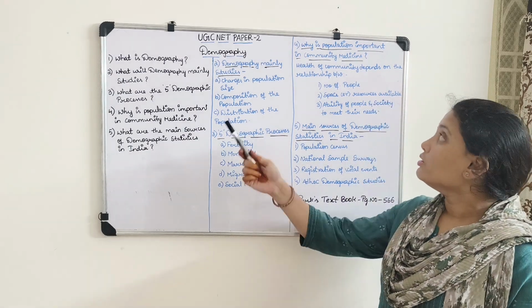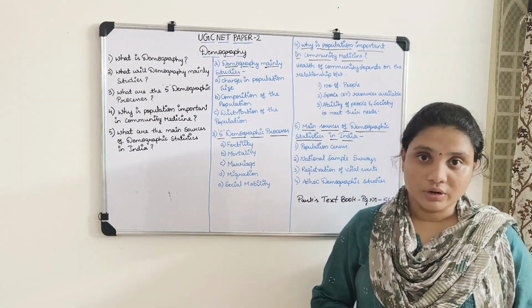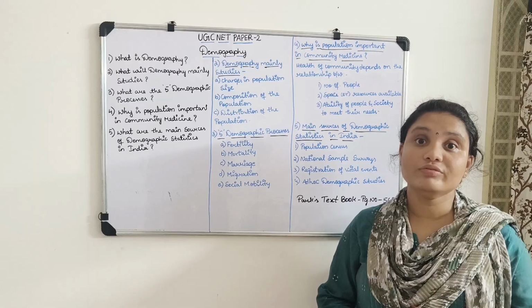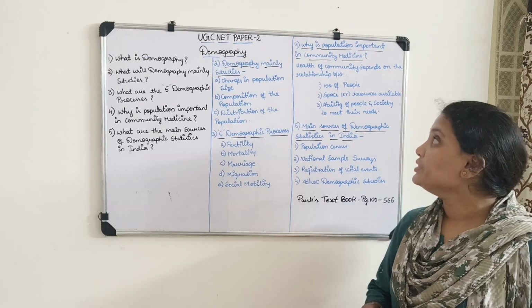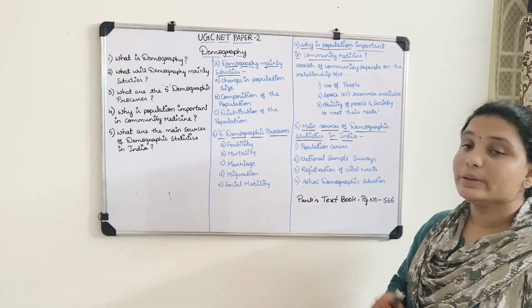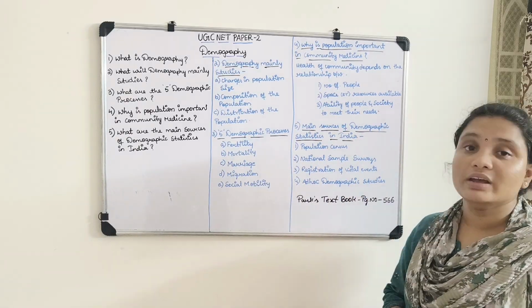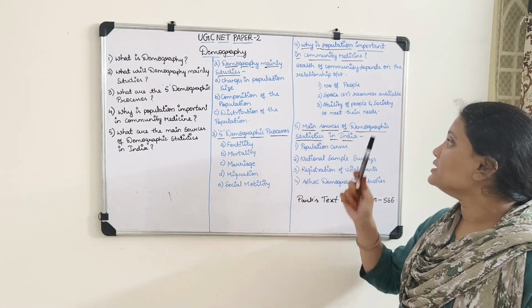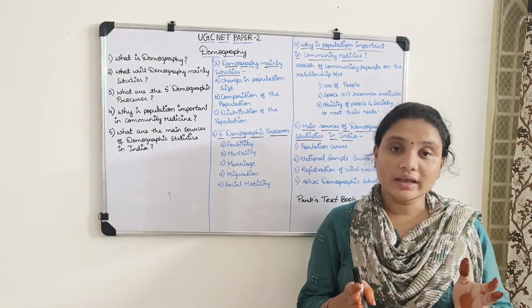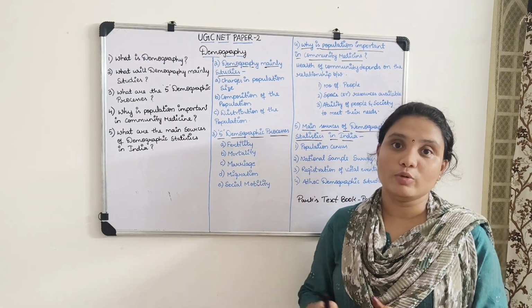Next, why is population important in community medicine? Community medicine is concerned with the health of a community or a group. Health of a community depends upon the relationship between the number of people, space or resources available, and the ability of people in society to meet their needs. For example, in a small area there is a large population